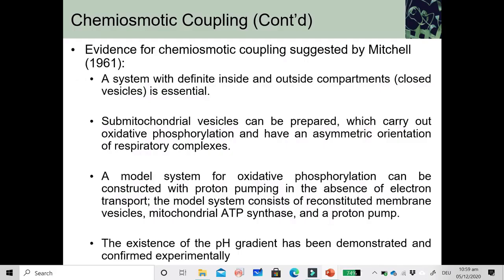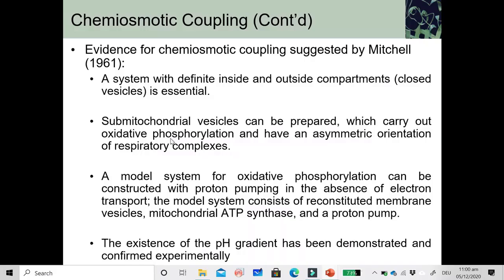these are the pieces of evidence for chemiosmotic coupling, which was, by the way, suggested by Mitchell in 1961. They found that a system with definite inside and outside compartments, a closed vesicle, is essential, right? It must be, because you're transporting protons from the matrix to the intermembrane space, from within a membrane to without, from the inside to the outside compartment. So there must be some compartmentalization involved in this